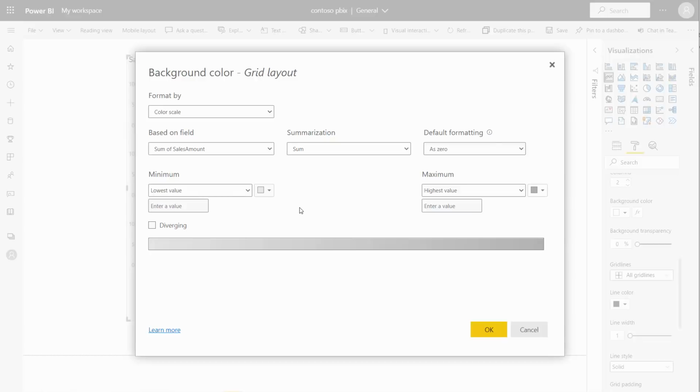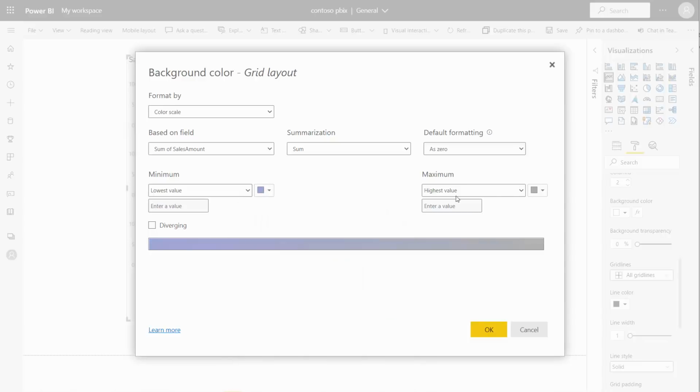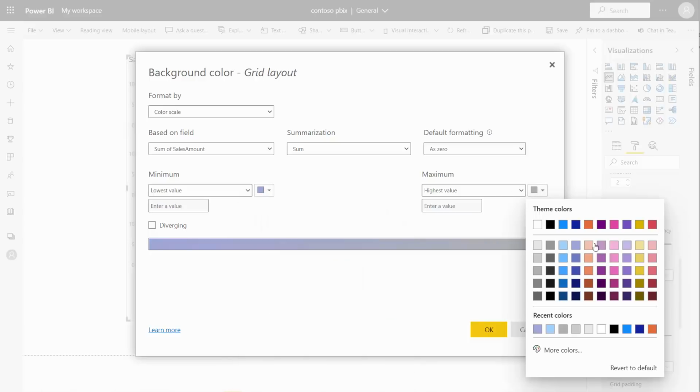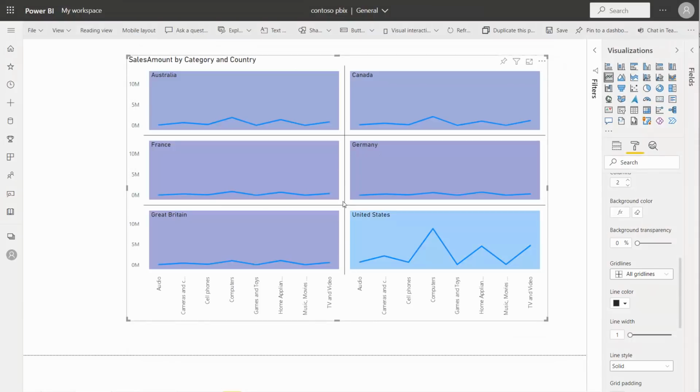So, I can simply go into the conditional formatting dialog, say I want a gradient from dark purple for low to light blue for high. And then we hit OK. And as we can see, the backgrounds for the small multiples have been colored according to the total of their sales.